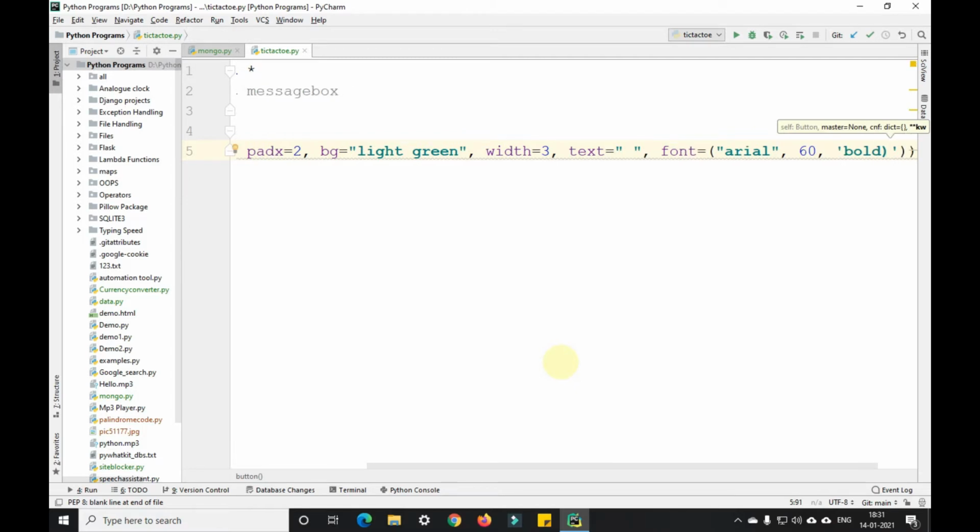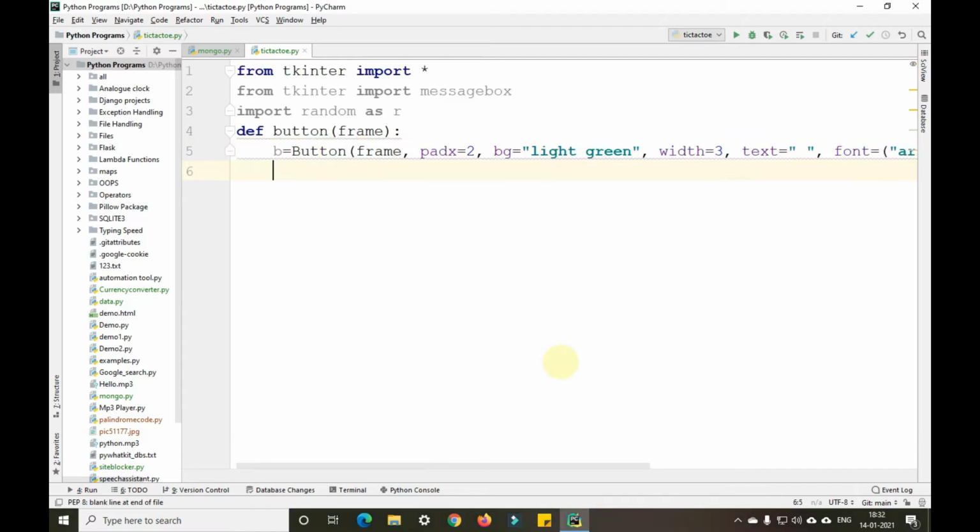So after we have done that, we'll give a relief by default value as raised, comma, bd, border equals 10. Okay, now we'll return b here.